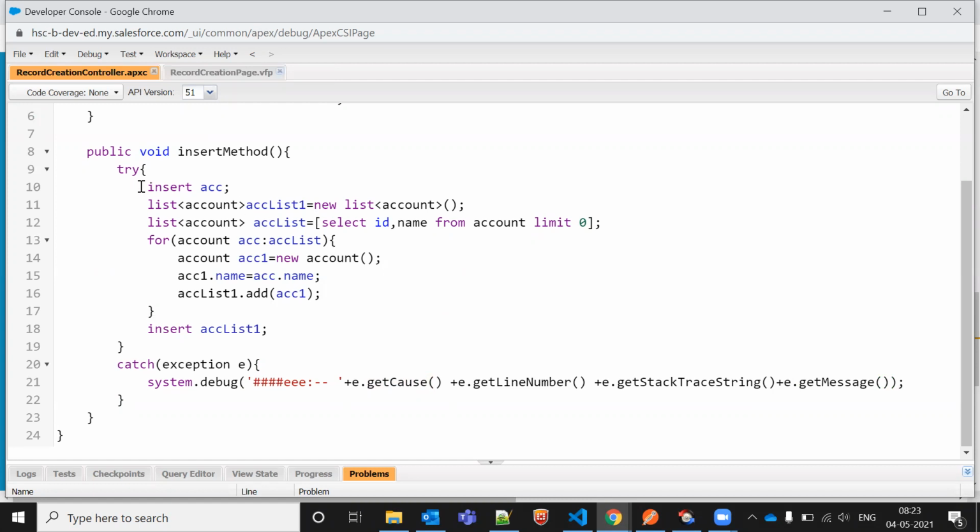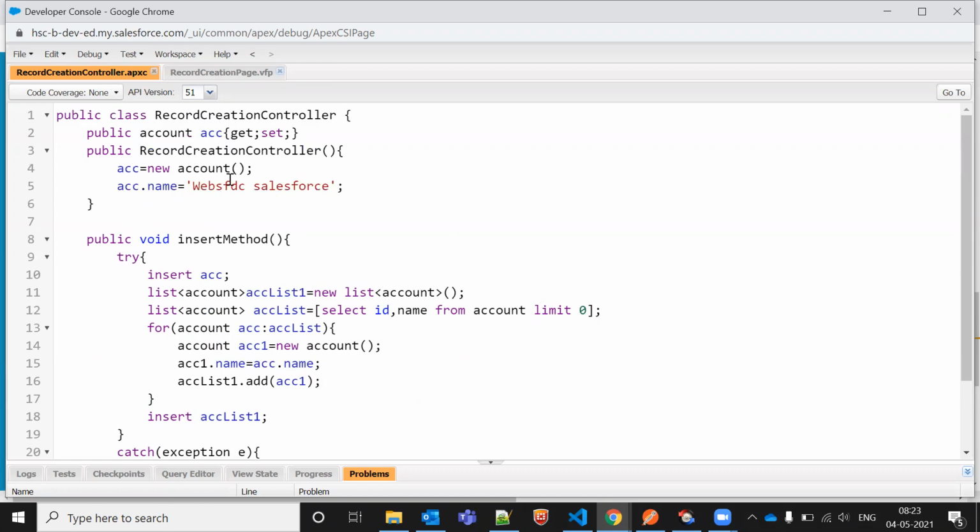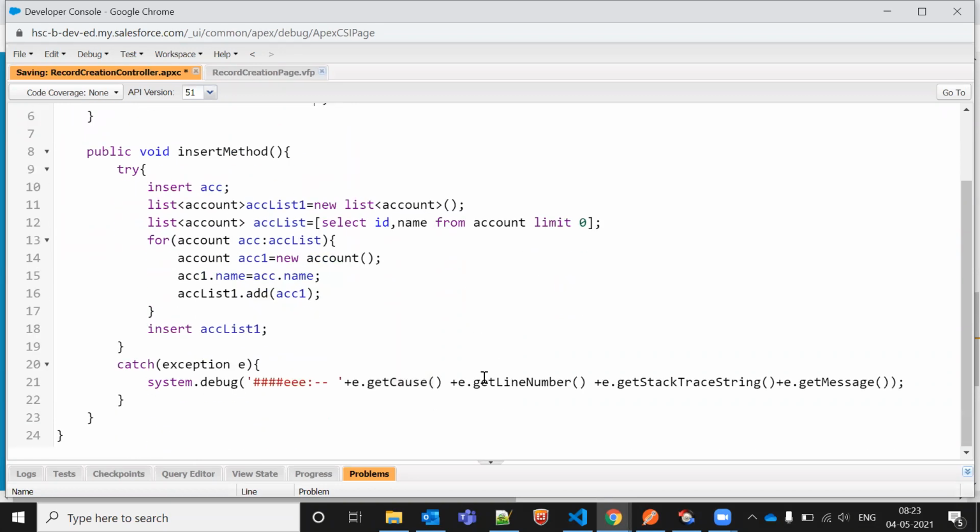Okay, so for that, let me add some other value here, this kind of value we are adding. Let's check whether our record is created or not.